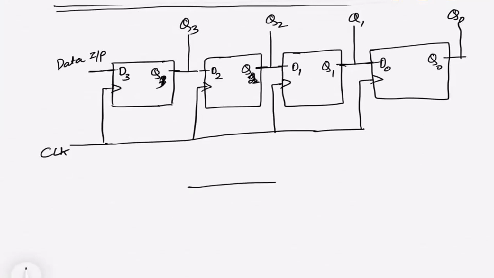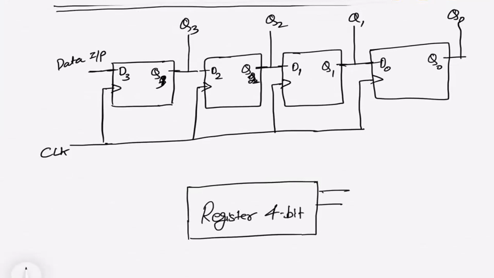If we talk about the overall block diagram, it will look like you have one register. Let's say it is 4-bit. So you have 4 outputs, a single input and a single clock pulse bus line. And this one is basically serial in, parallel out. So you have Q3, Q2, Q1 and Q0. I am denoting these according to my convenience, so that we can identify MSB and LSB by seeing Q3, Q2, Q1 and Q0.